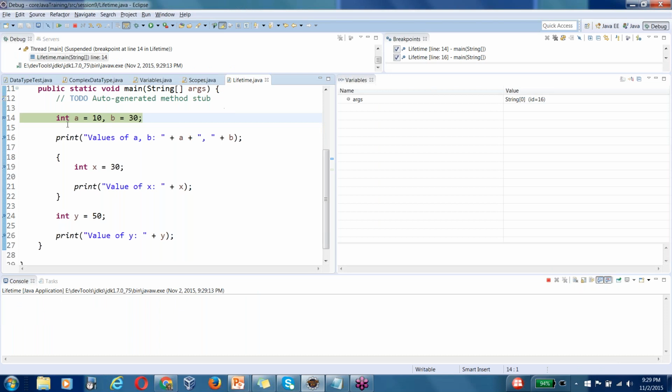Okay, it stopped at this point. Still, variables int a and b are not defined. There are different ways in which you can progress further. You can just resume, which means F8. Just press F8, and it will start executing the next statements until it encounters another breakpoint. Okay, it stops. Or if you want to go step by step,